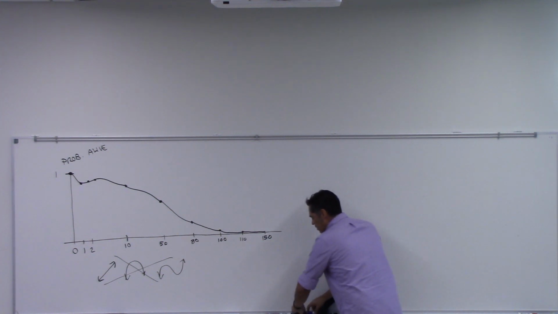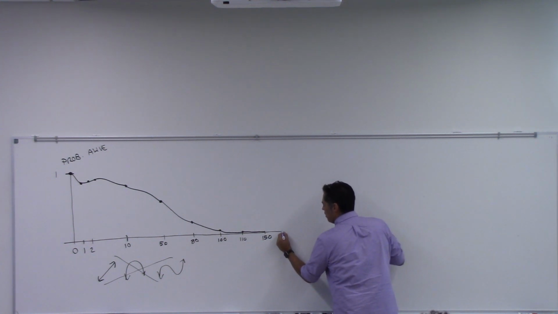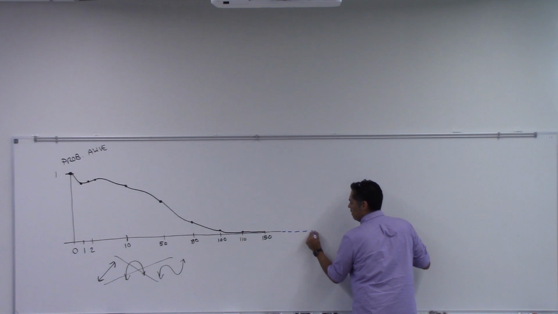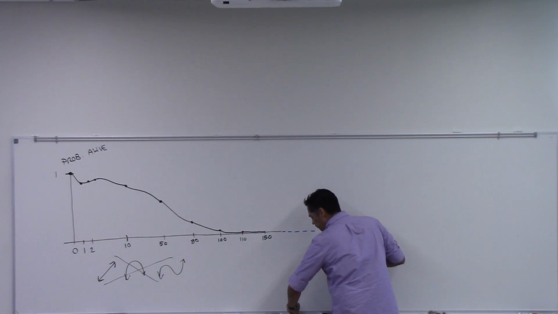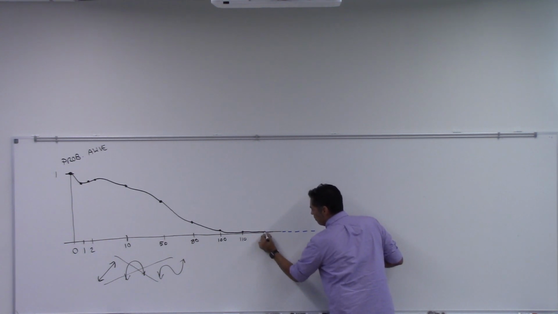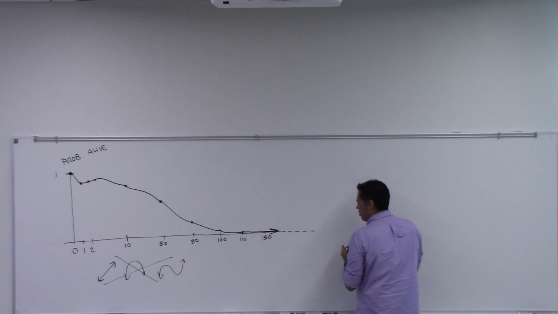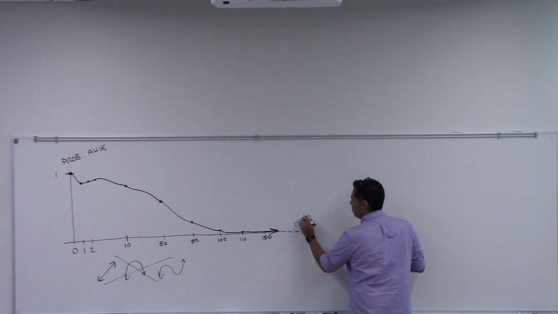is dropping towards 0. It never reaches 0. So what we do is we put a dotted line here like this, and then we just put an arrow like that. And this is what we refer to as a horizontal